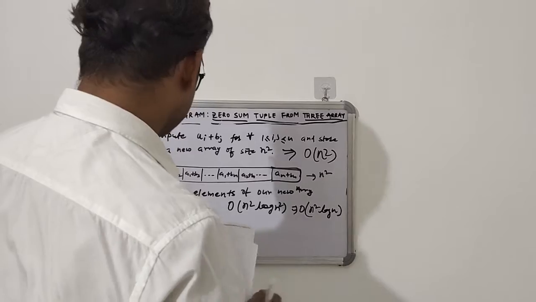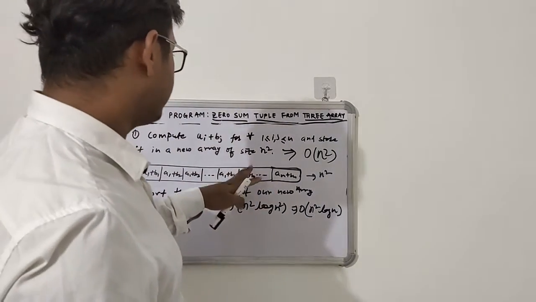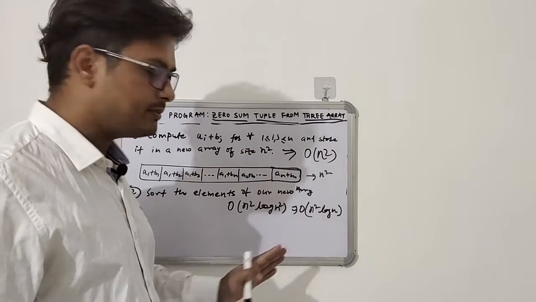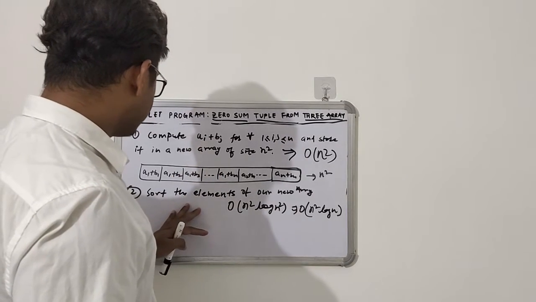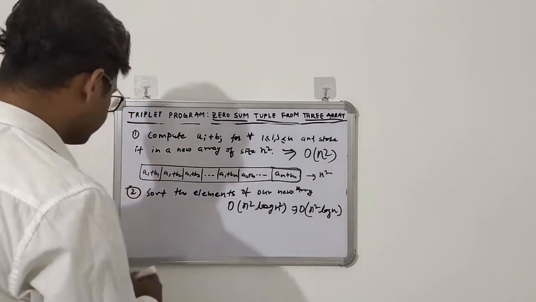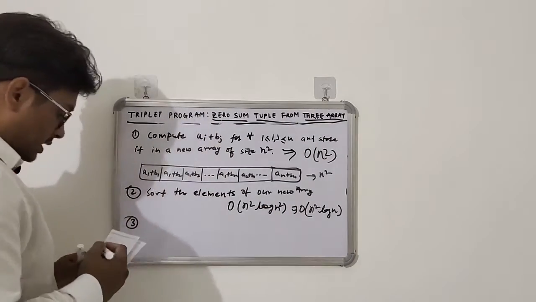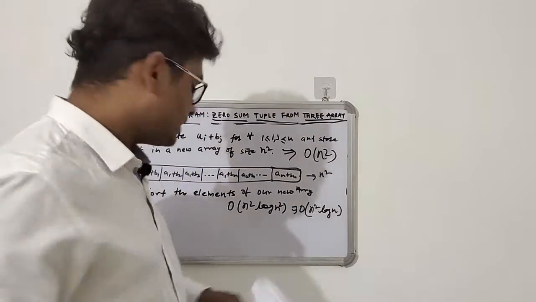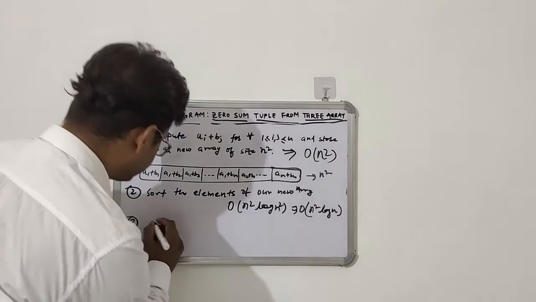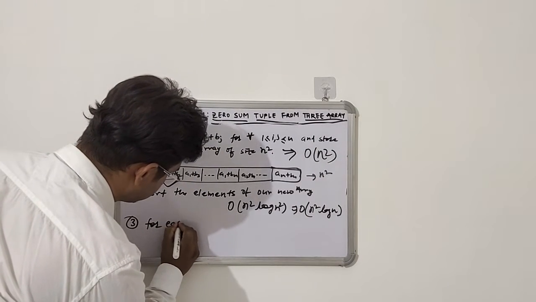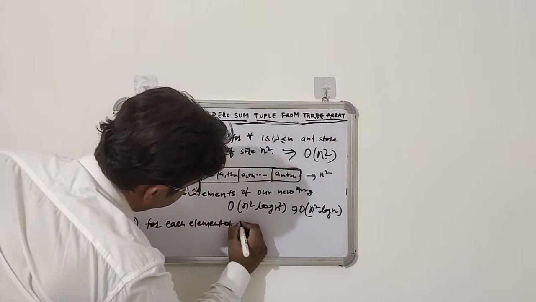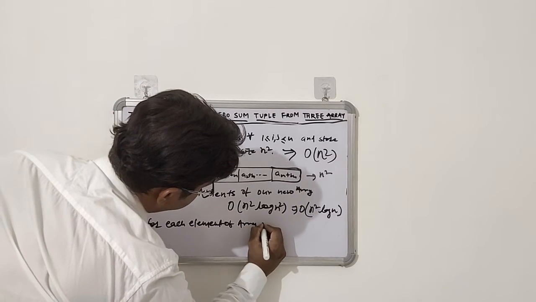Now our first step was to compute all the possible sums from array A and array B, and our second step is to sort the elements of our new array. Now our third step is to find the means for each element. We can write, for each element of array C,